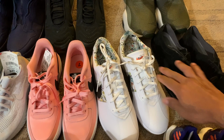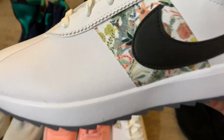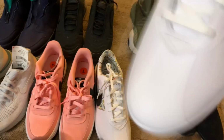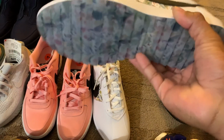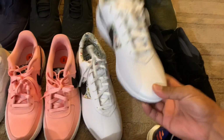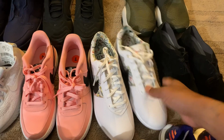Another good one that I found is the Cortez golf shoes. Comes with a really nice design. This one is in women's, so there you go. The price, $24.99. Not bad. Oh, look at those. Okay, what I'm gonna do with this one, list this one somewhere around 100, 110, 115, somewhere